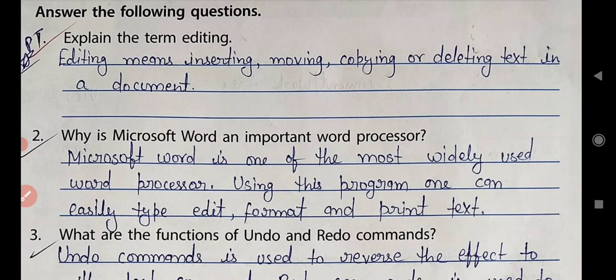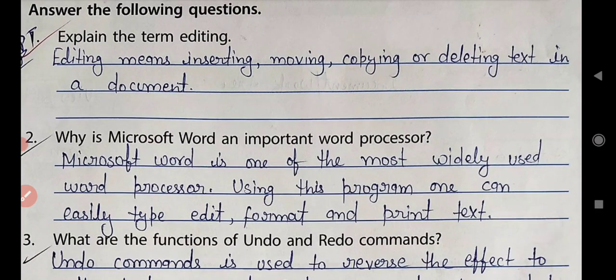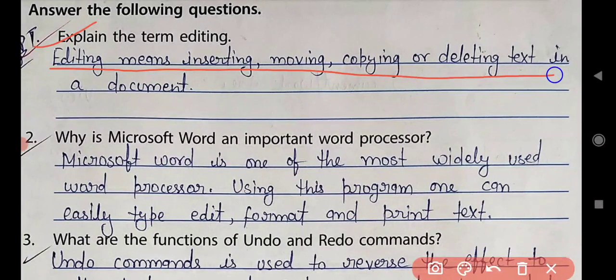Editing means inserting, moving, copying or deleting text in a document. I repeat again, explain the term editing. Editing means inserting, moving, copying or deleting text in a document.